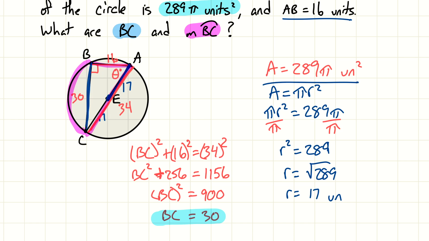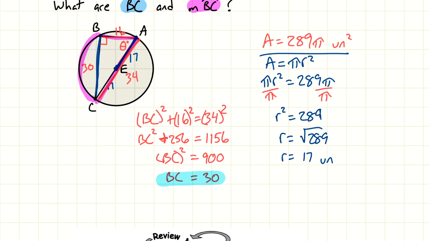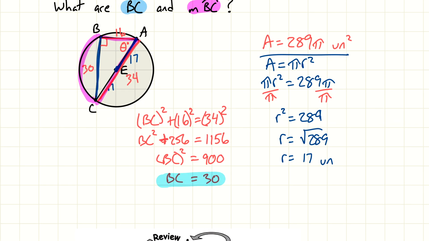If we have a right triangle, again, we could use inverse trig to figure out that missing angle. So I'm going to use 34, which is the hypotenuse,